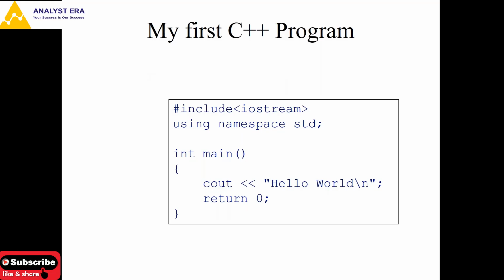So as I explained how we write the program, here we have a very sample program, that is hello world. Whenever we start with C++, we should write this first program, where we can understand how compilation is done, how linking is done, and how we can execute that program. Here we have included, as I explained, the iostream library where input and output for the streams are defined.